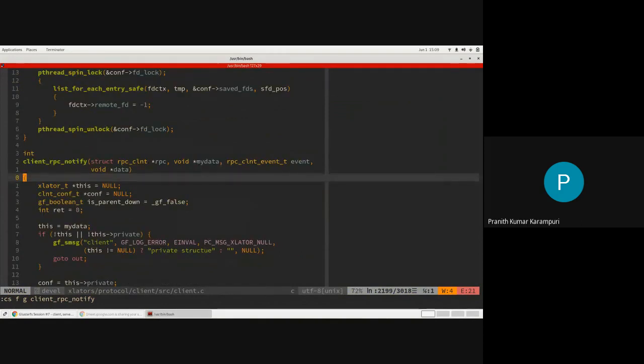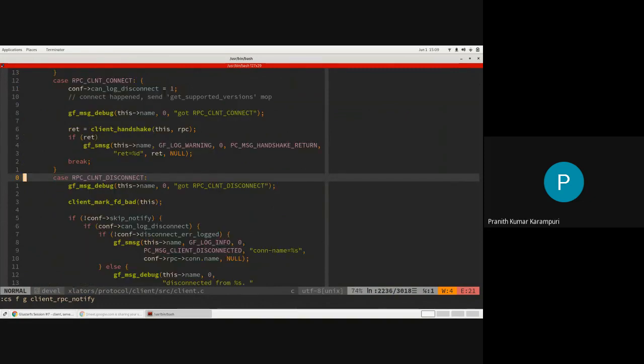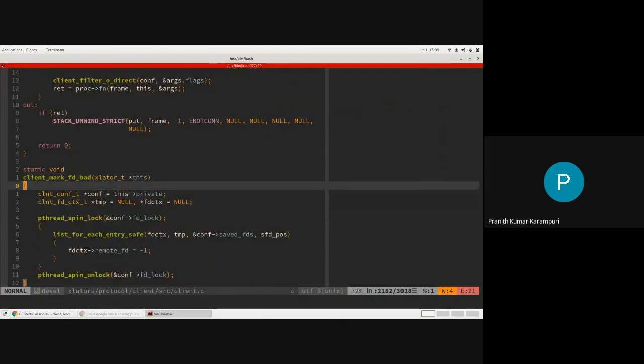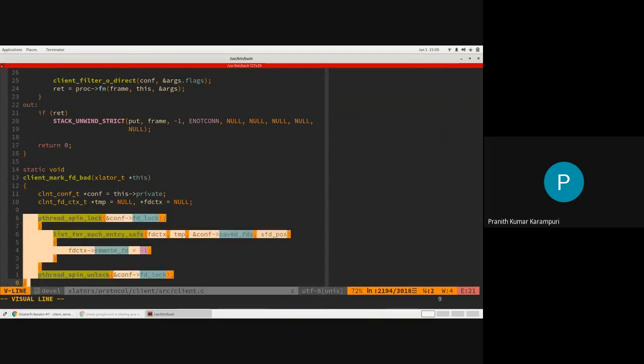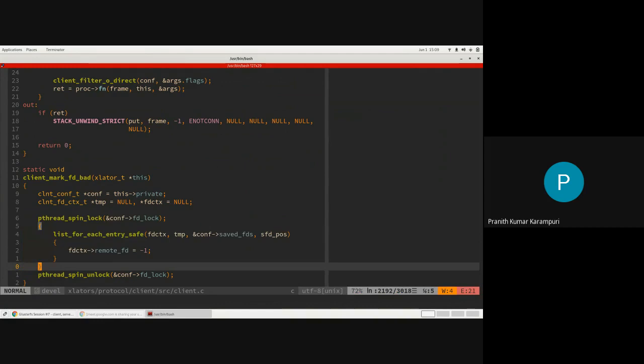If there is a disconnect, the RPC notify will be called with this RPC client disconnect event. Upon receiving this event, it first marks all the FDs that are opened on this client translator as bad. So there is a list that is maintained in the translator. It will cycle through all of the FDs and it will mark all of them bad. And from then on, any operations on these FDs in this client translator will give EBADF, like that is bad FD.